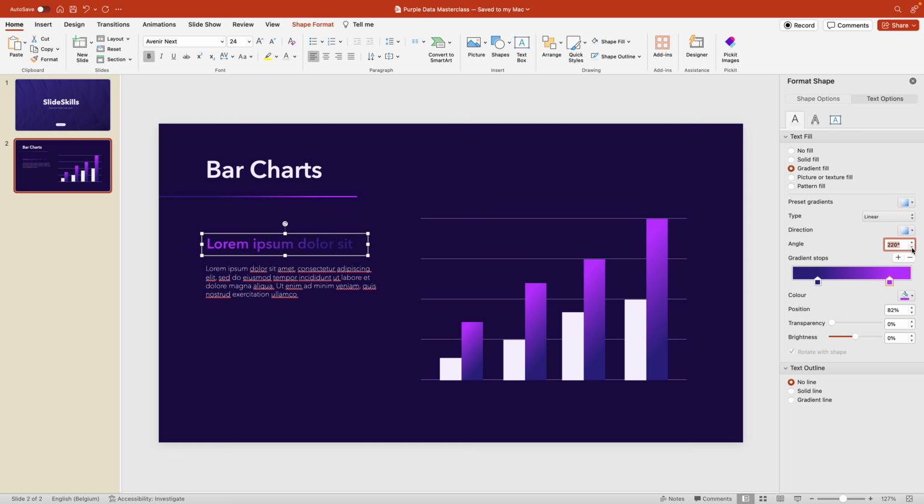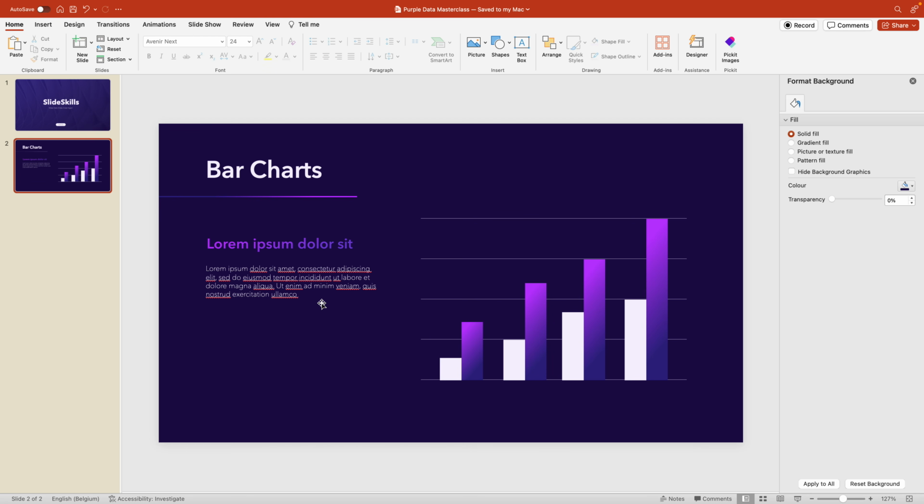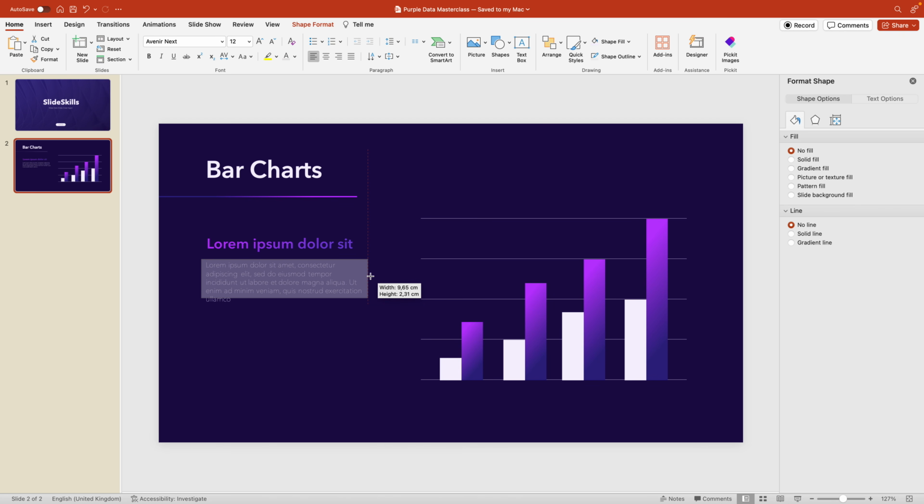So the pink color, and then we change the angle until we like the result. I think the dark is just a little bit too dark, so I'm going to shift this over one bit, and that is easier to read, but still uses the same color palette. Let's reduce this by just a little bit, select them both, drag them a little to the side, and we're